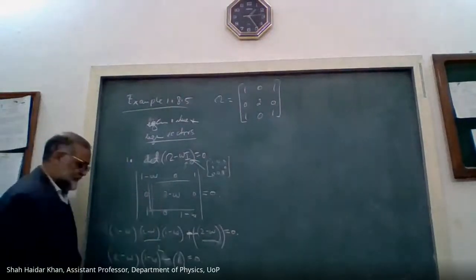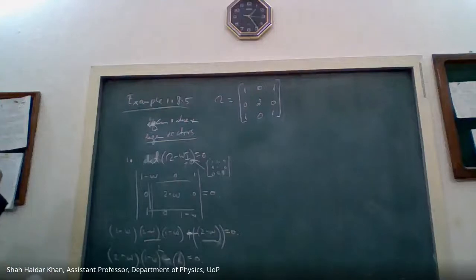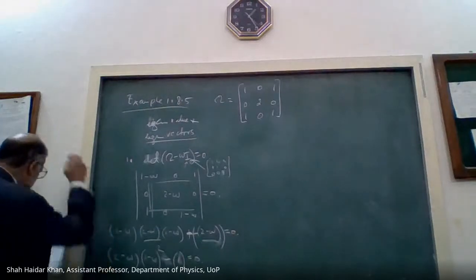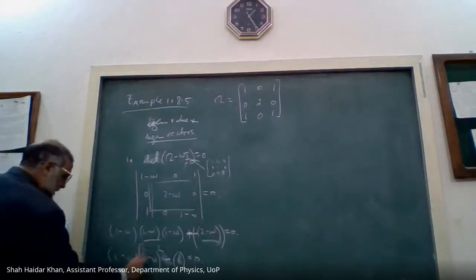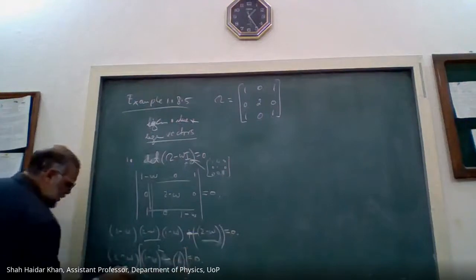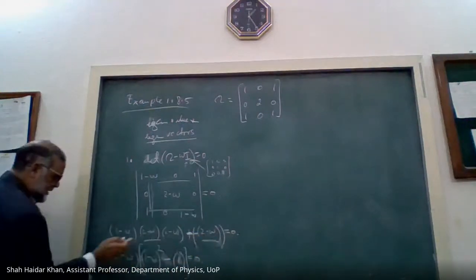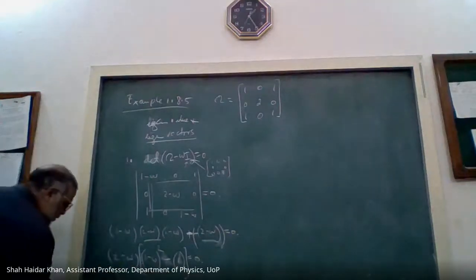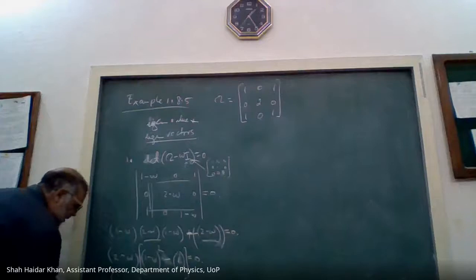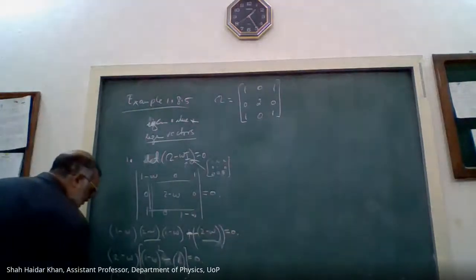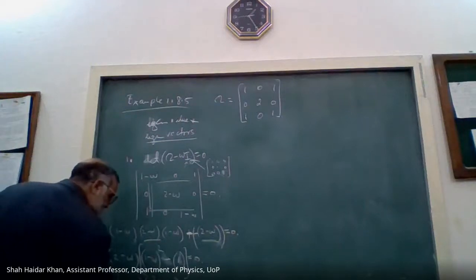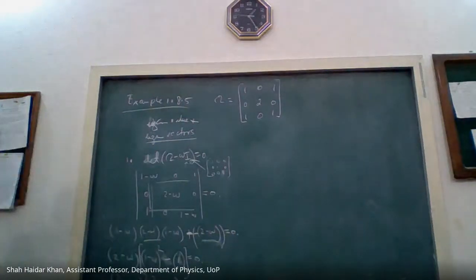Expansion of determinant. Okay. So what we will get is, I took this common from here, so we got this, right? So it would be 2 minus omega, right? And that will be omega squared minus 2 omega equal to 0,